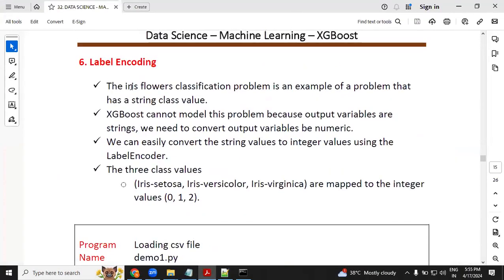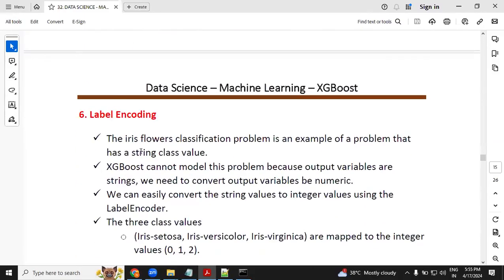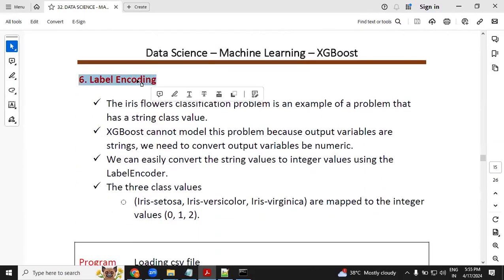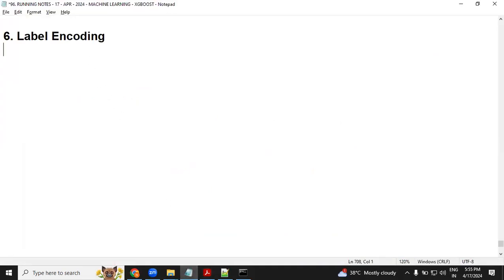Moving to the next discussion. The next one is label encoding. What is the next one? Label encoding. And what we have done till now is a bit important. And this is the next example. Please, I need your focus actually. Please follow this one. Sir, let me show you one data set, especially